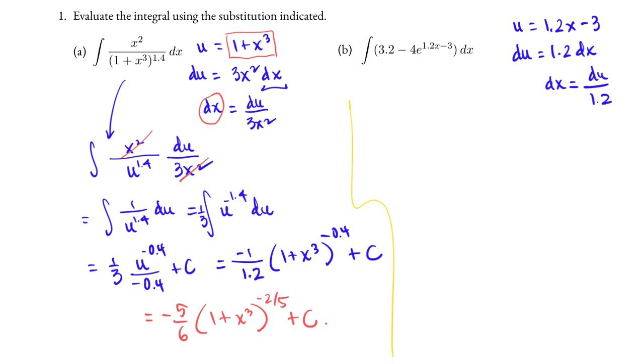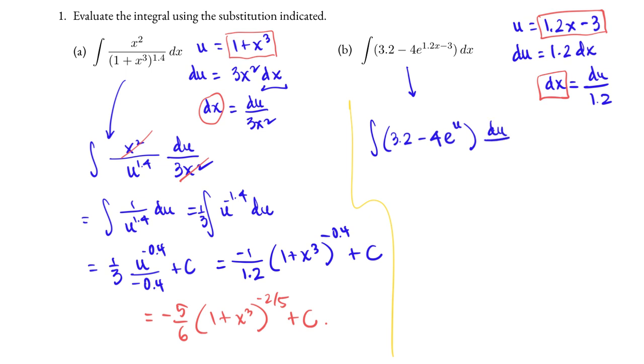We will substitute dx with du over 1.2, and we also substitute 1.2x minus 3 with u. And so we rewrite the given integral as 3.2 minus 4e raised to the u power, and then dx is